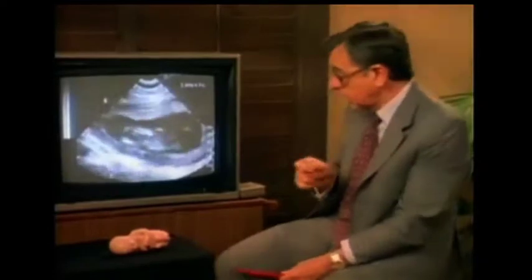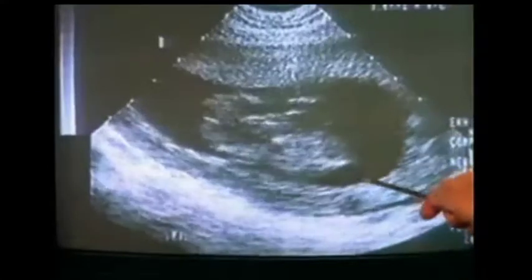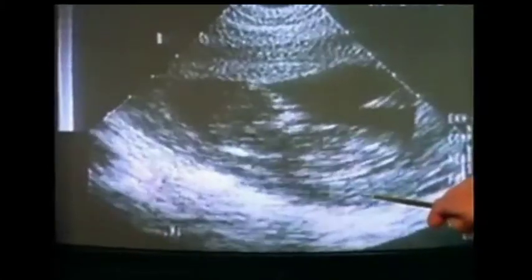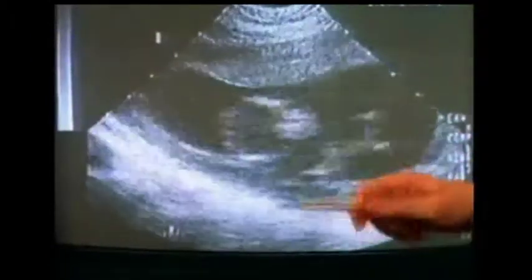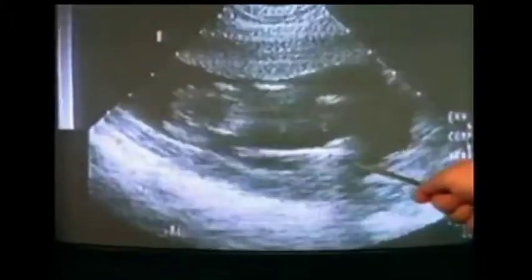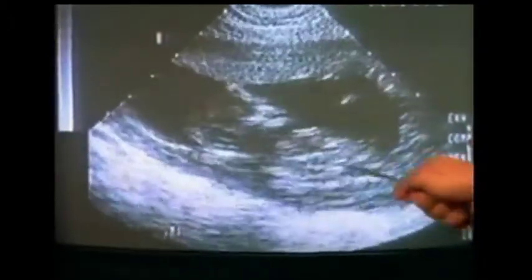Now, the suction tip has not actually touched the child, even though the child is extremely agitated and moving in a violent manner. The child has now moved back to the profile view, and the suction tip is flashing once again across the screen. The child's mouth is now open, and we will see that again on a freeze frame in a moment. But this suction tip, which you can see moving violently back and forth on the bottom of